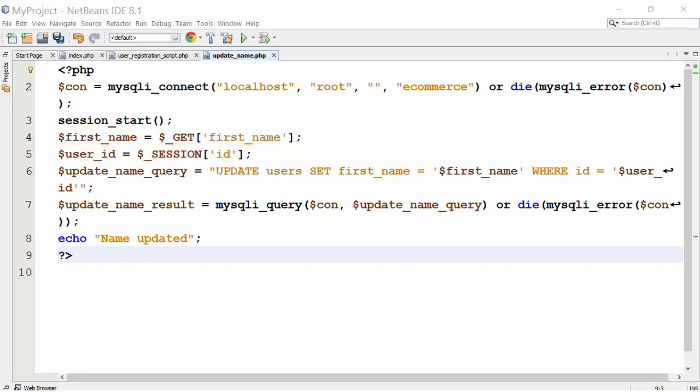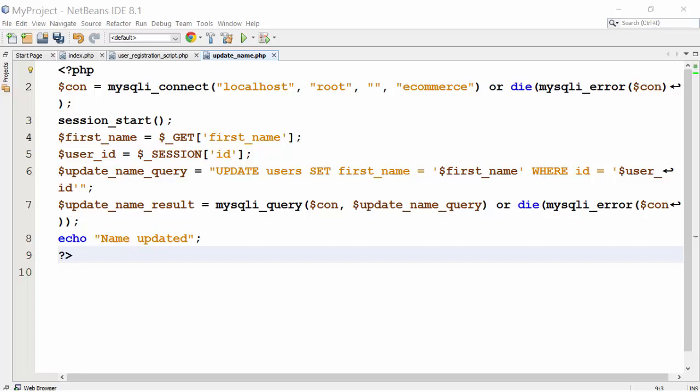We can update only this user's name using an update query. Echo name updated after executing the query. If there is any error in updating the record, then die will execute and the execution will stop. This is how we use an update query and update all the data of that particular user only. Similarly, we can use the delete command if we have to delete something. Now you can use all the 4 types of queries in the web page successfully.